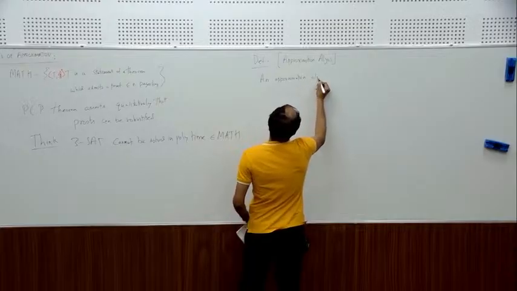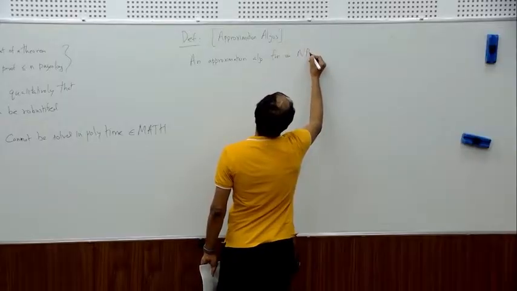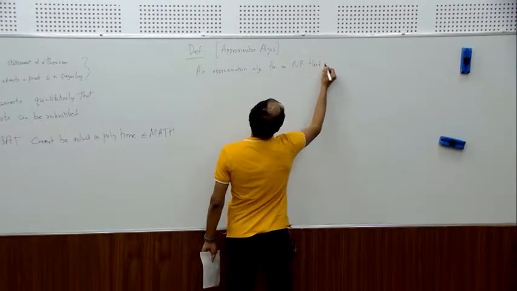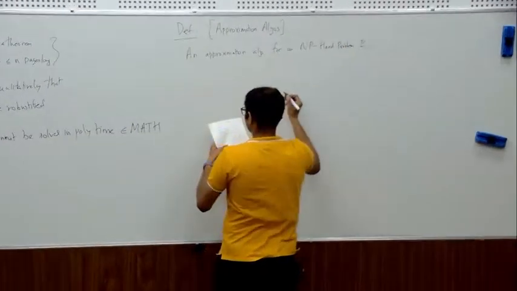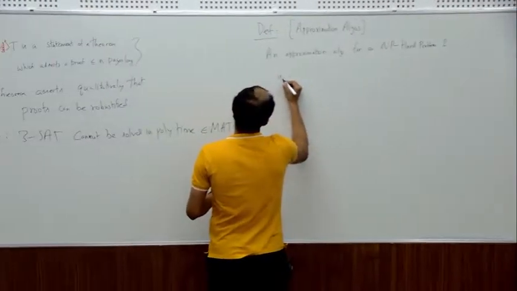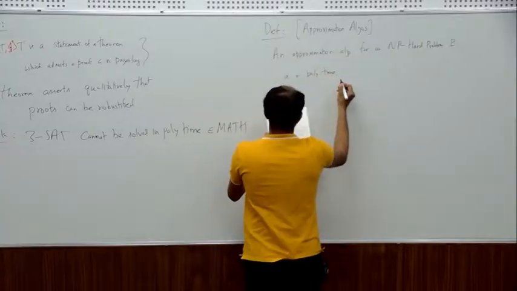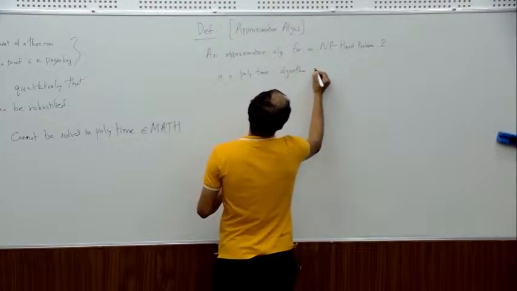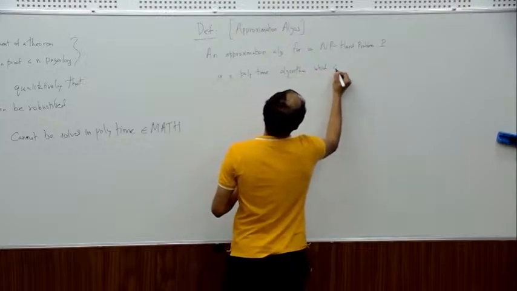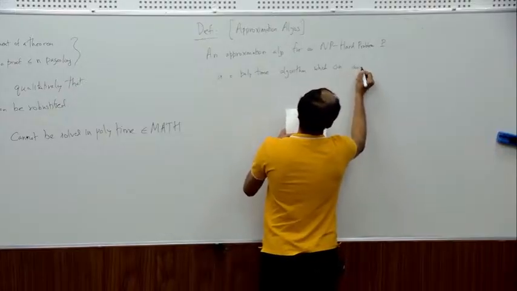An approximation algorithm for an NP-hard problem P is a polytime algorithm which, on any instance I,